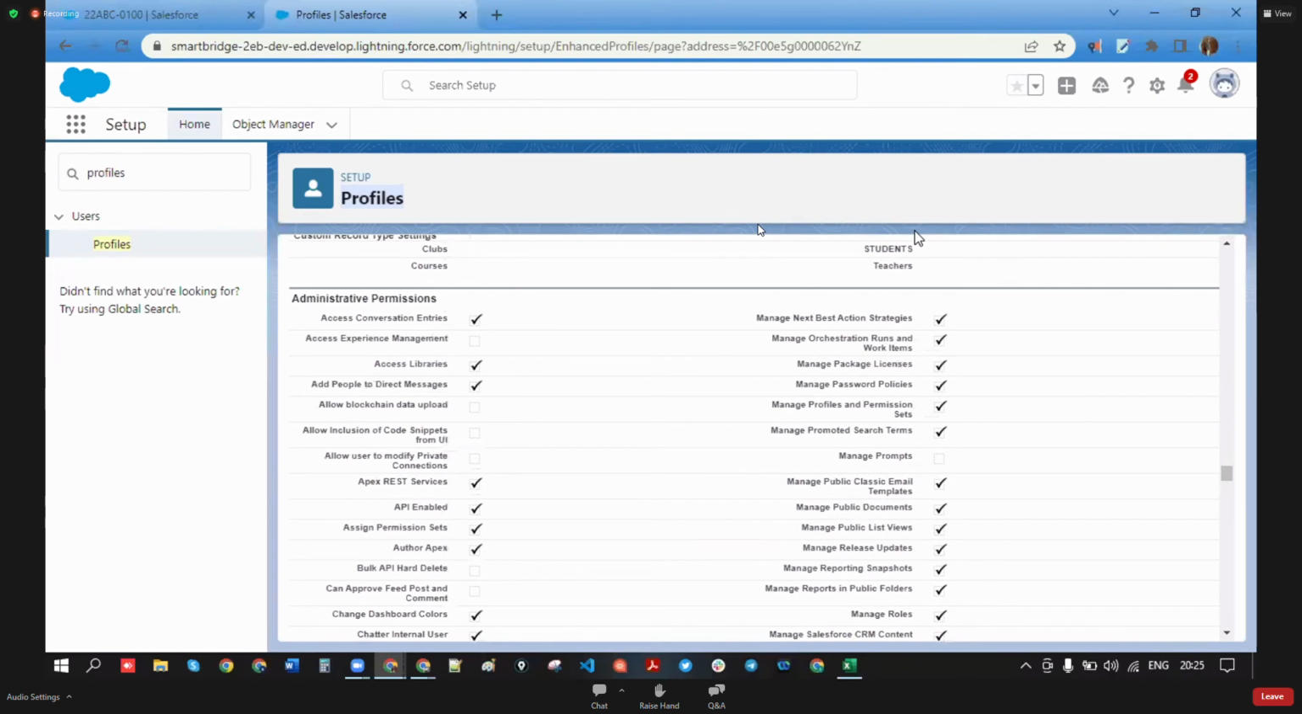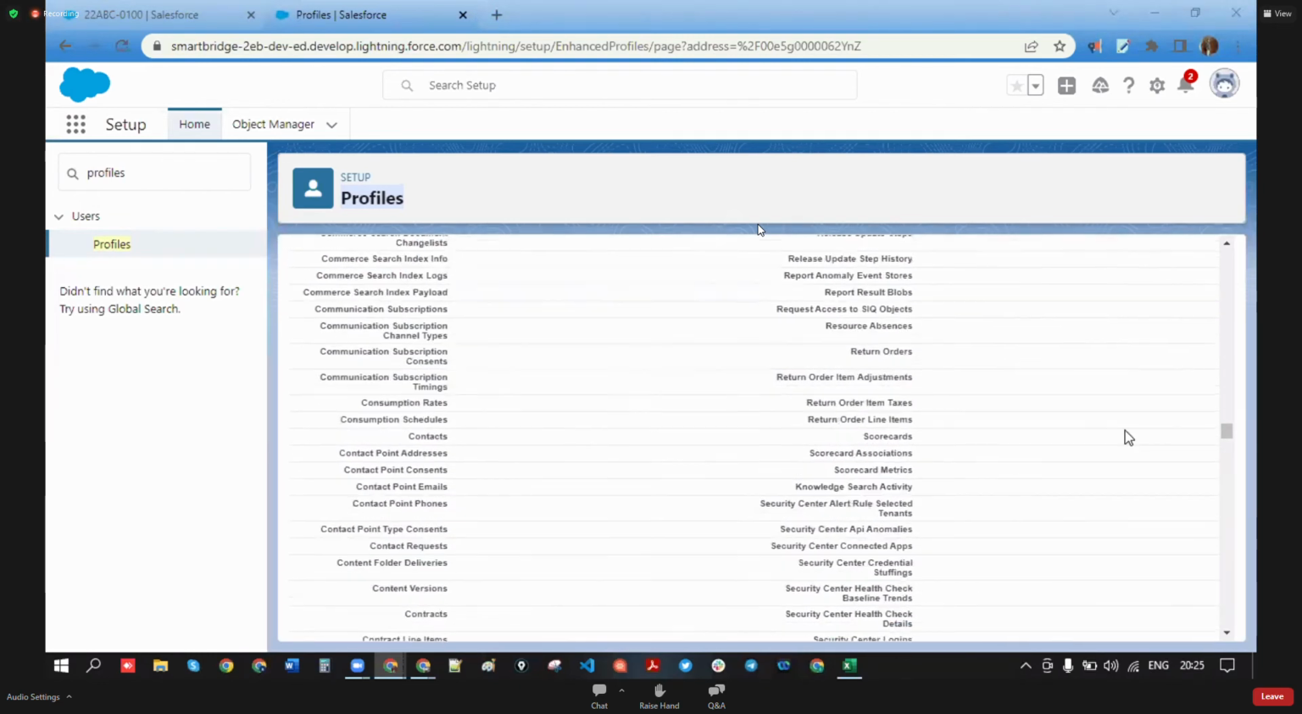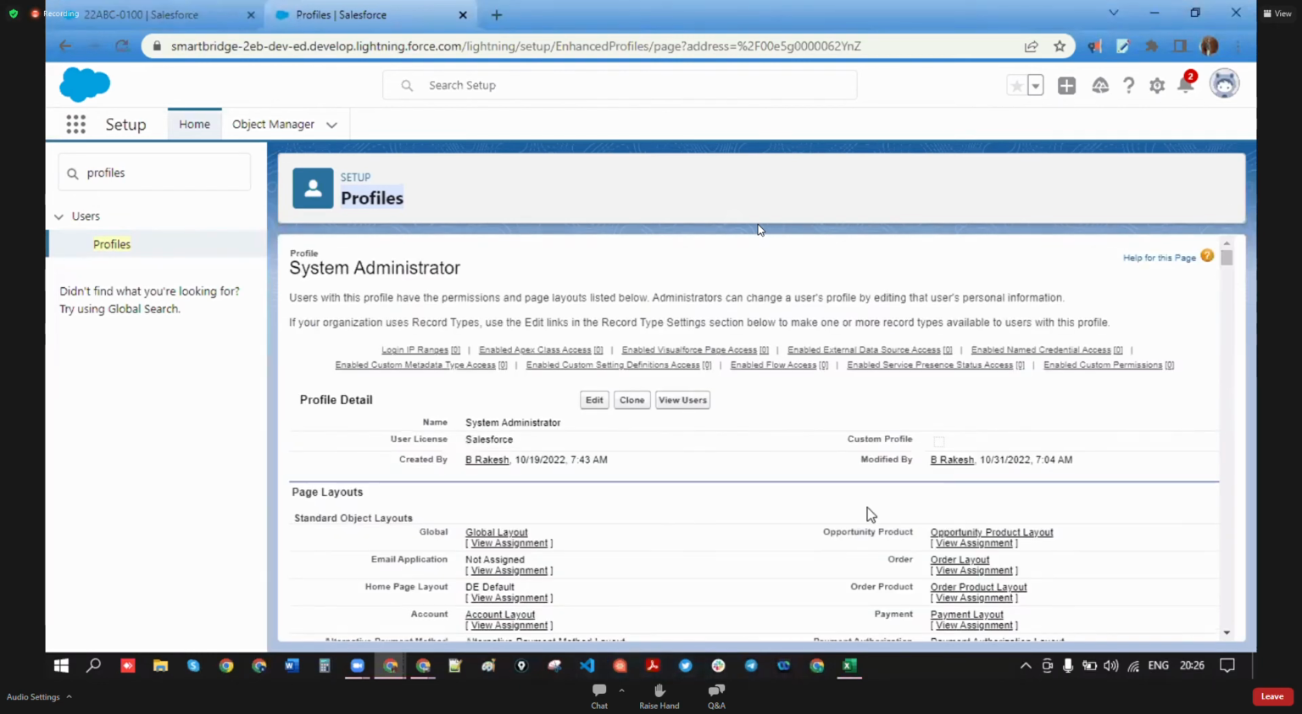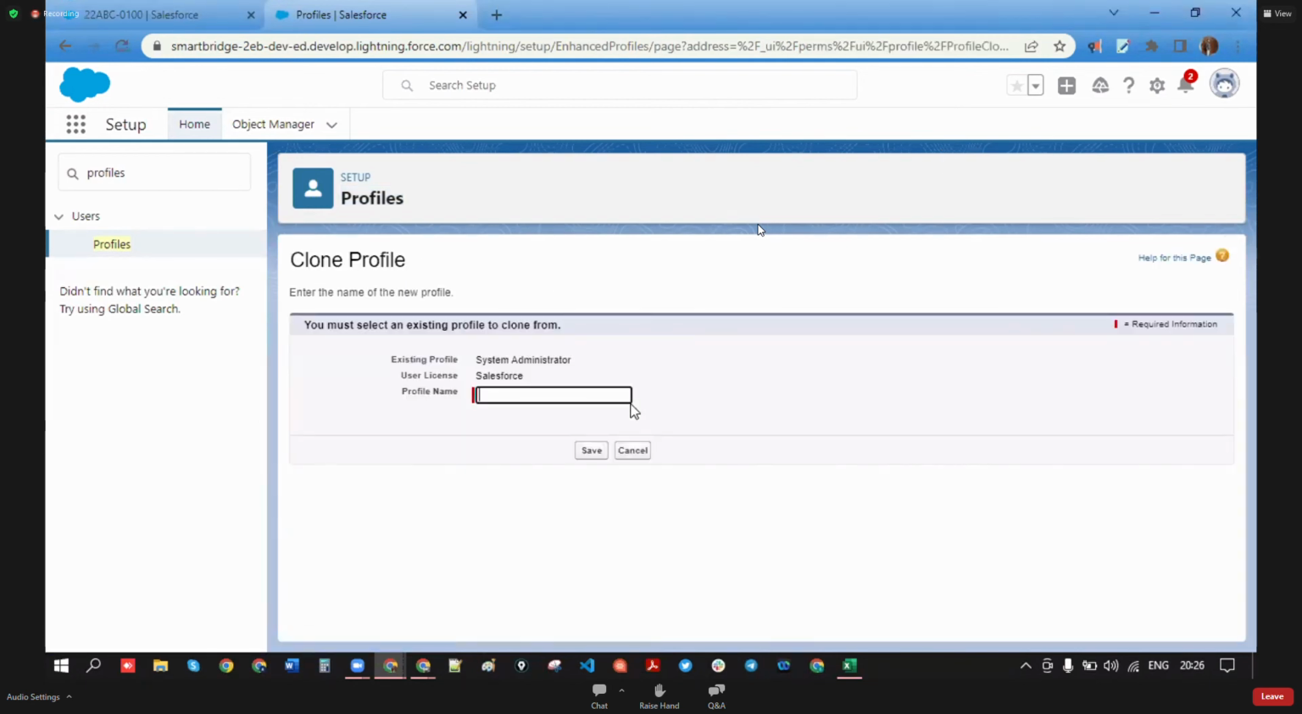Now what I want to do is create a custom profile. Let me show you how to create a custom profile. You can't create a custom profile directly. You need to clone an existing profile. What does that mean? You need to make a copy of an existing profile. So if you want to create a custom system administrator profile, clone the system administrator profile and make whatever changes you want there. So like a custom